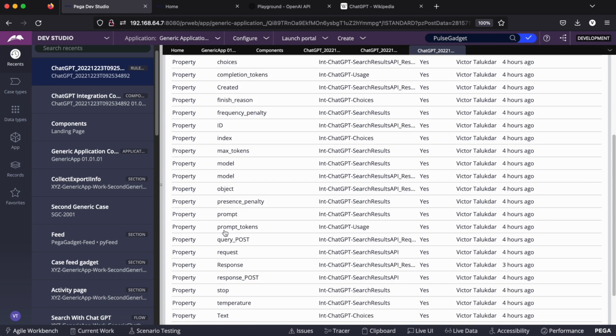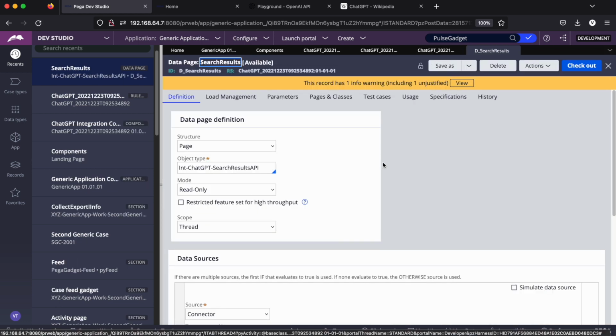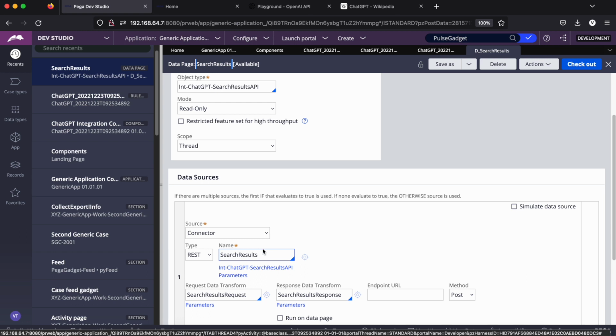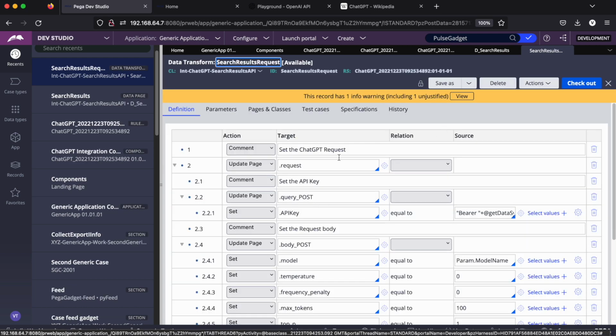So one way which I have used is, instead of directly hitting the API, I have used sample JSON files, and I've uploaded them as request and response. Once you complete the integration part, you then simply create a new data page, which I have done here. I have then added the search results, the connect REST. Then I've added two request and response